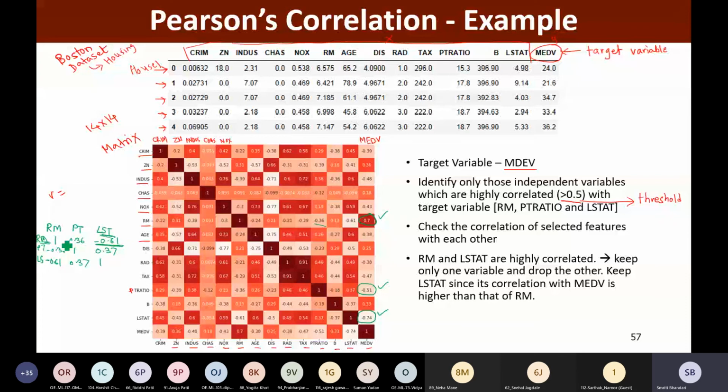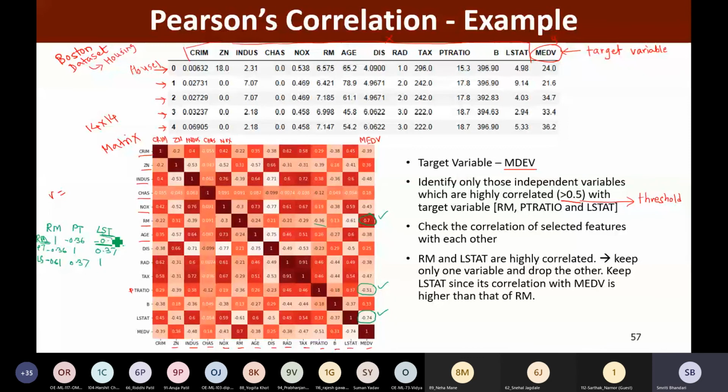So we are going to keep only one variable out of these 2 because they are correlated, and we are going to drop the other one. So if they are highly correlated and if we want to drop one of these 2, then which variable needs to be removed or eliminated?